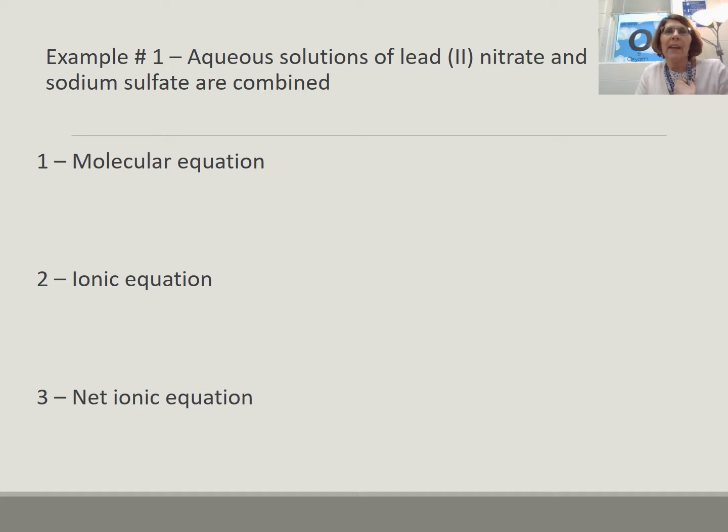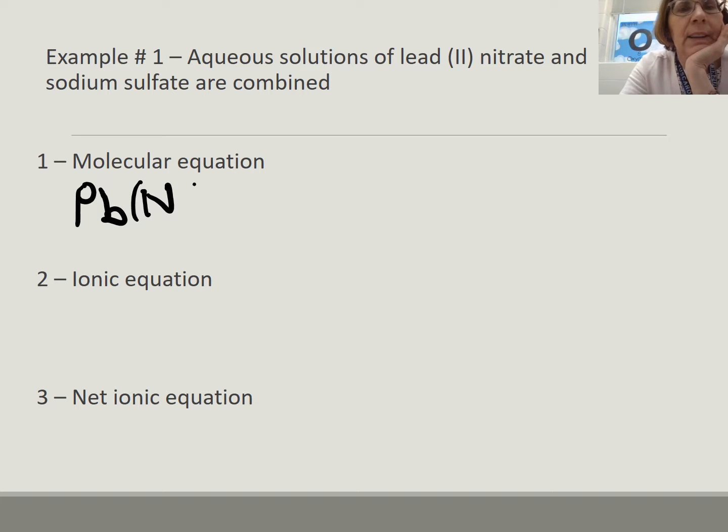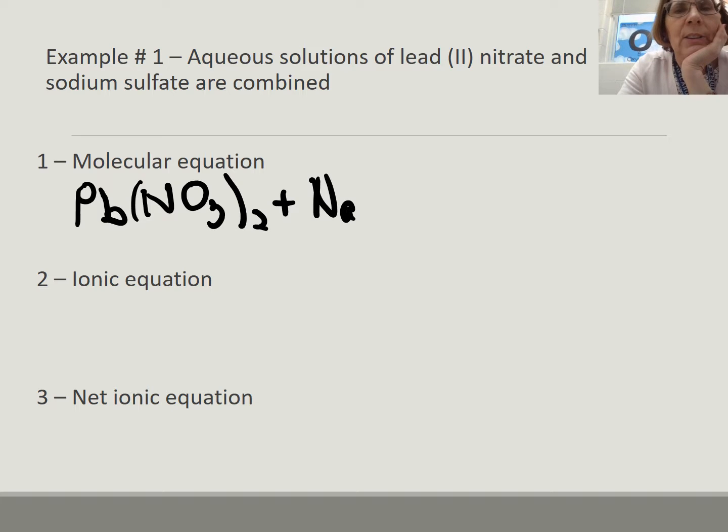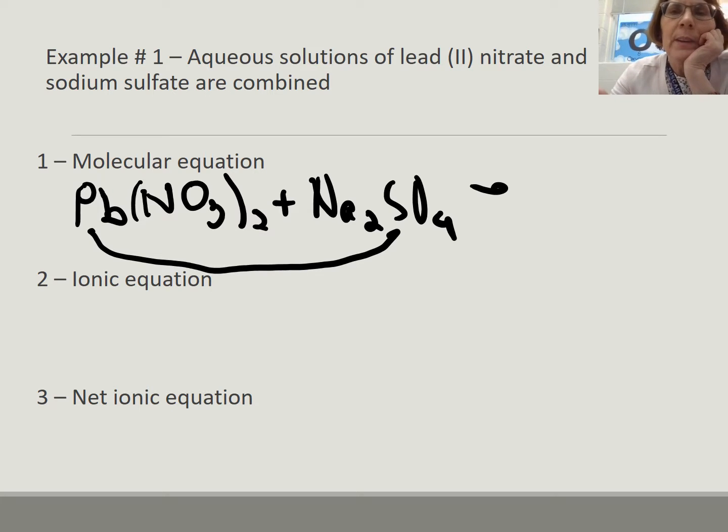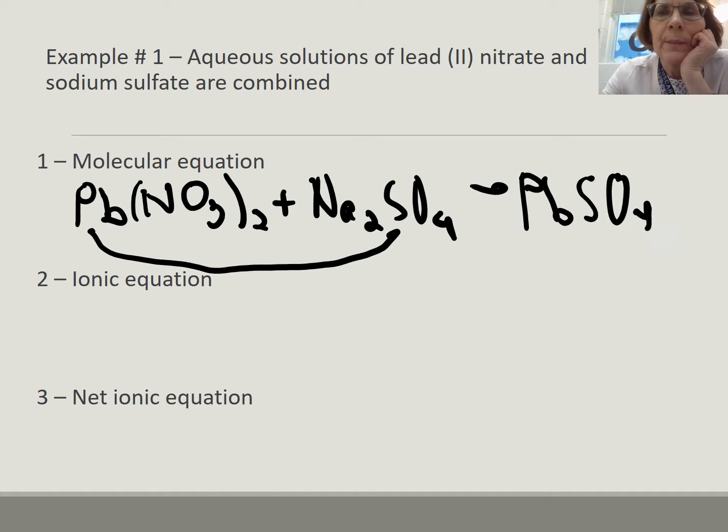All right, so we have aqueous solutions of lead 2 nitrate and sodium sulfate combined. So first we're going to write our molecular. So we do Pb(NO3)2 plus Na2SO4. So the lead's going to hook up with the sulfate. So we have PbSO4 plus the